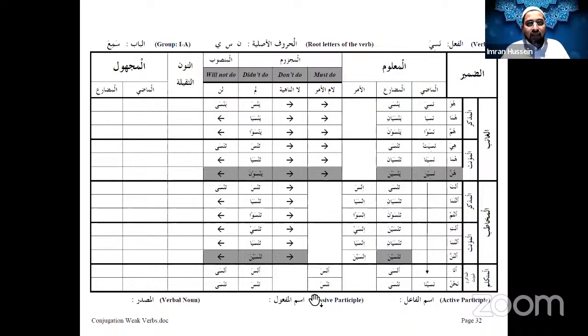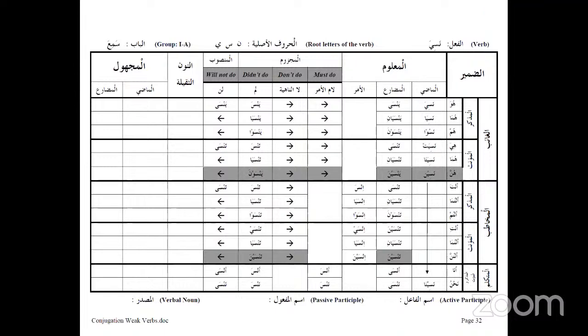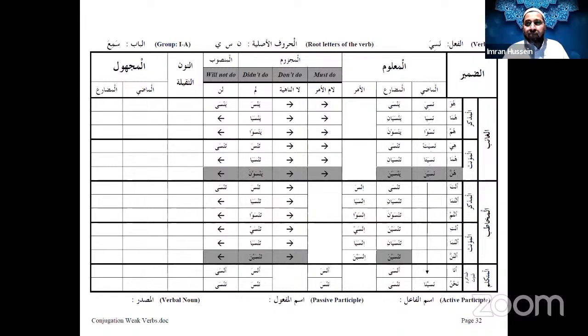Jazakallah khair. Please practice this, and I'll send these handouts out shortly so that you have them. And if you could write these out, past, present, and imperative, that would be much appreciated, because these verbs are weak. If you write them out, it will allow you to memorize and learn them better. If you're struggling, write it out without any doubt. I had to write myself.